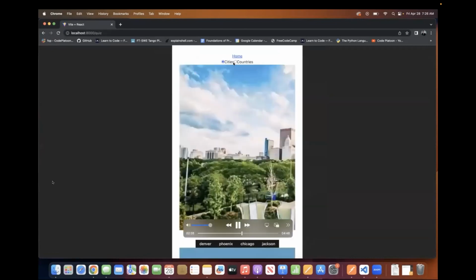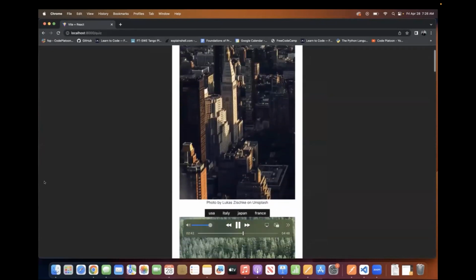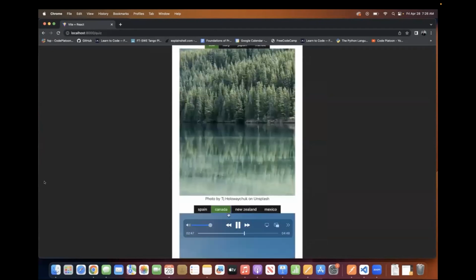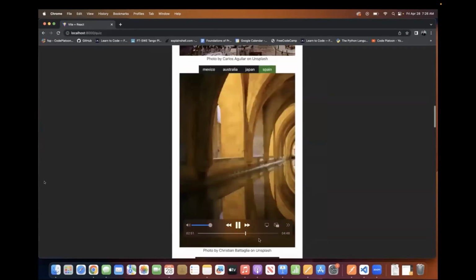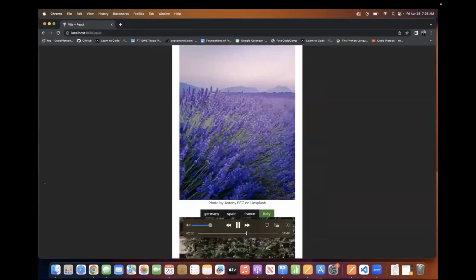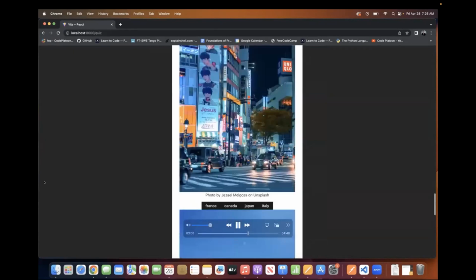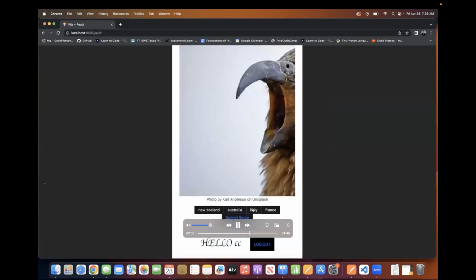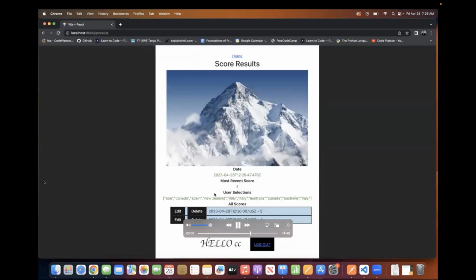There's a toggle up here actually where you could do a country quiz as well. So then you got to guess what country this is. In the interest of time, I'll just kind of fly through it here so we can get going. I'm not even really looking at the countries to refresh. There we go. So this is our last